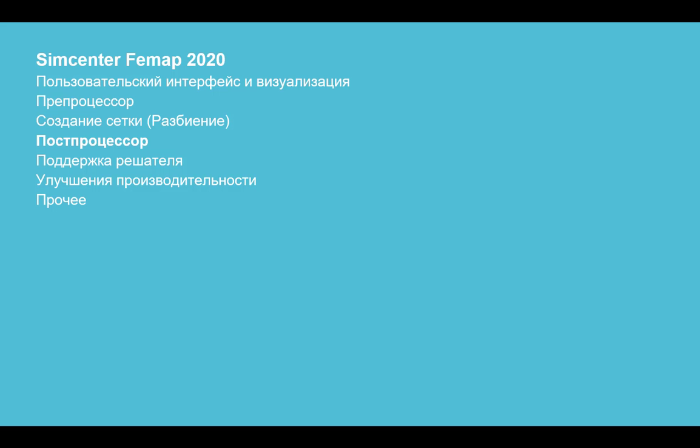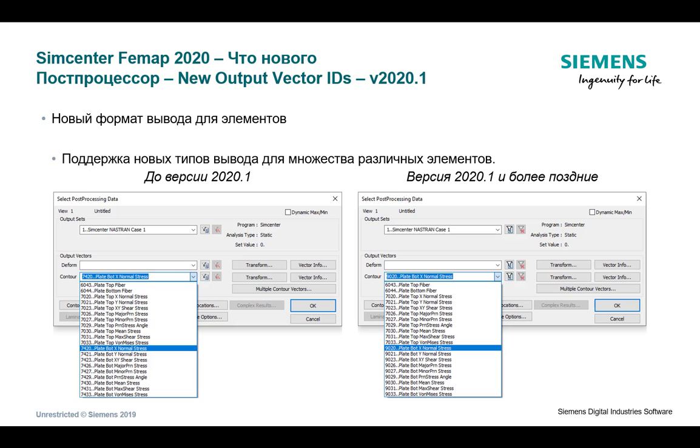With new options, including the one I just discussed, that's where you could get these green elements on this same geometry. We will now discuss new features and enhancements to existing functionality for post-processing that were implemented in Femap 2020.1 and 2020.2. One of the first things to know about version 2020.1 is there are new output vector ID ranges